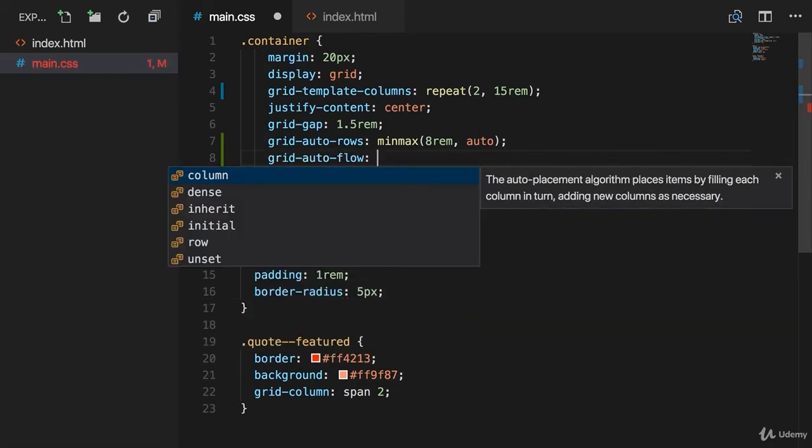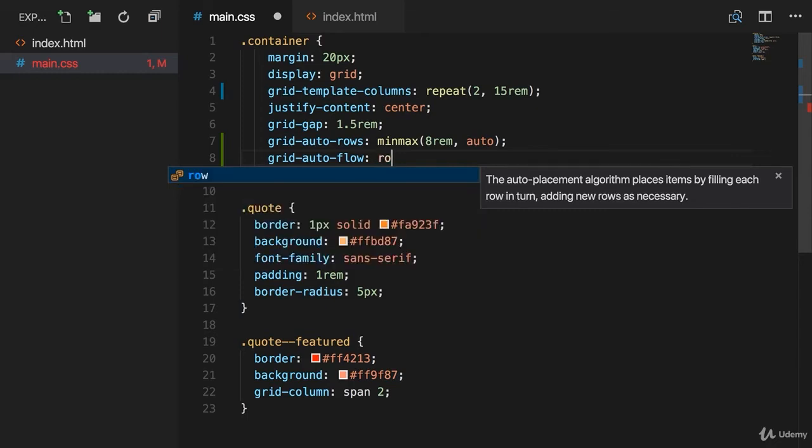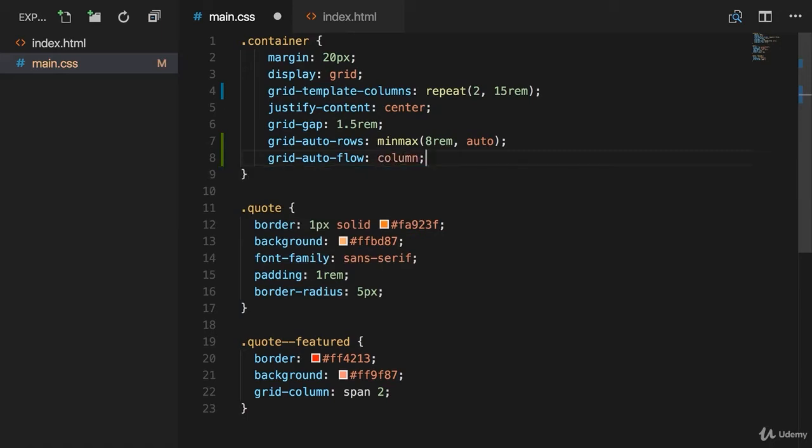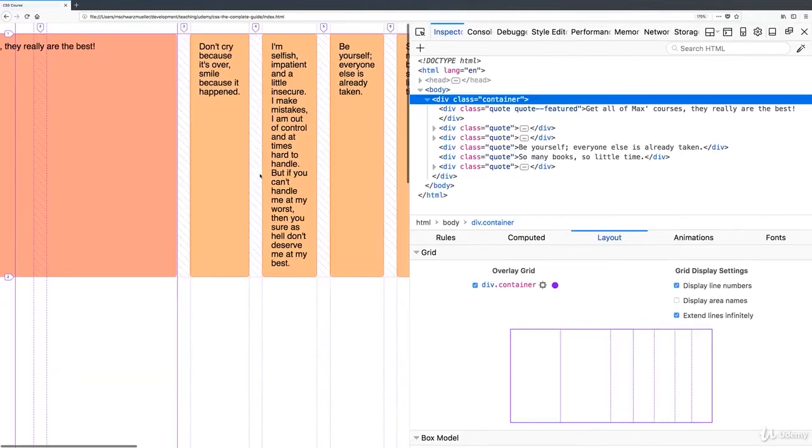You might have guessed that grid auto columns is the right one, but this actually will be required to set the size of these automatically added columns. Grid auto flow allows you to define where new elements should be added, as a row, which is the default, which is why we didn't set it previously, or as a column, which is the value I'm now setting. With this set to column, if we reload, you see now all the content is added to the right,